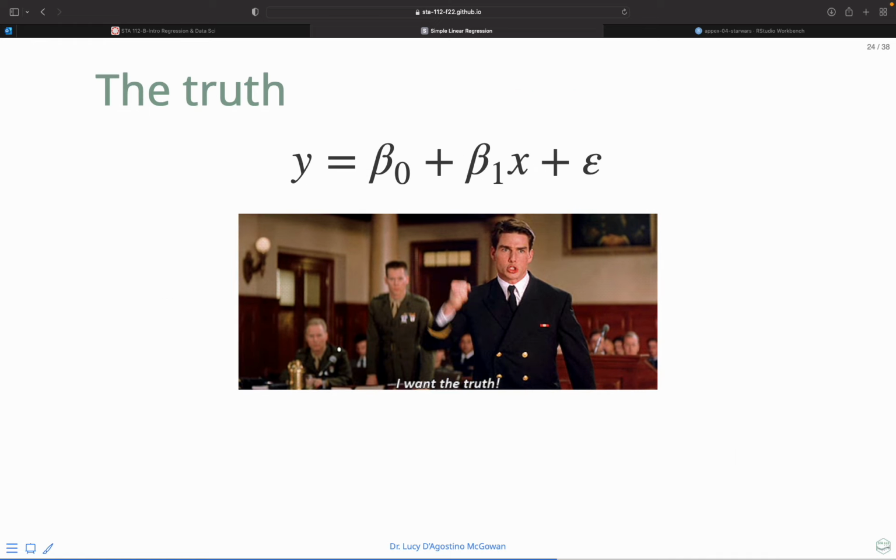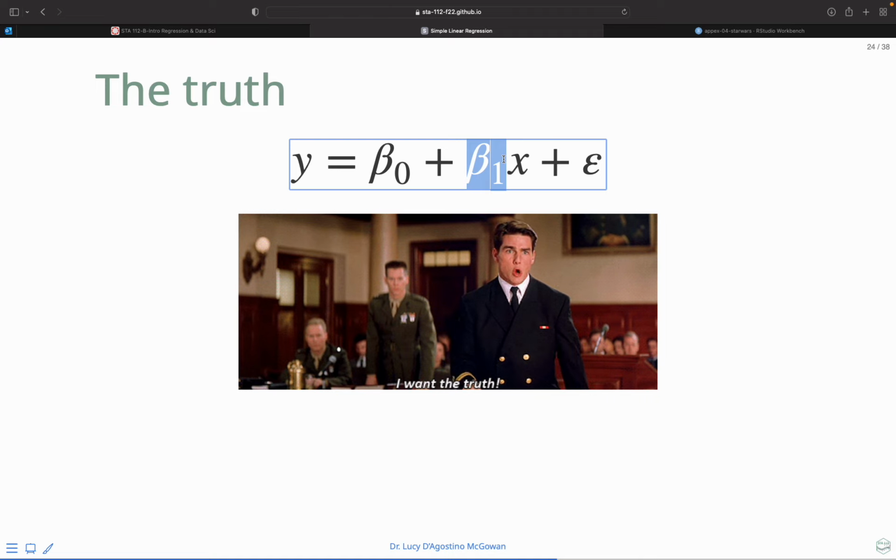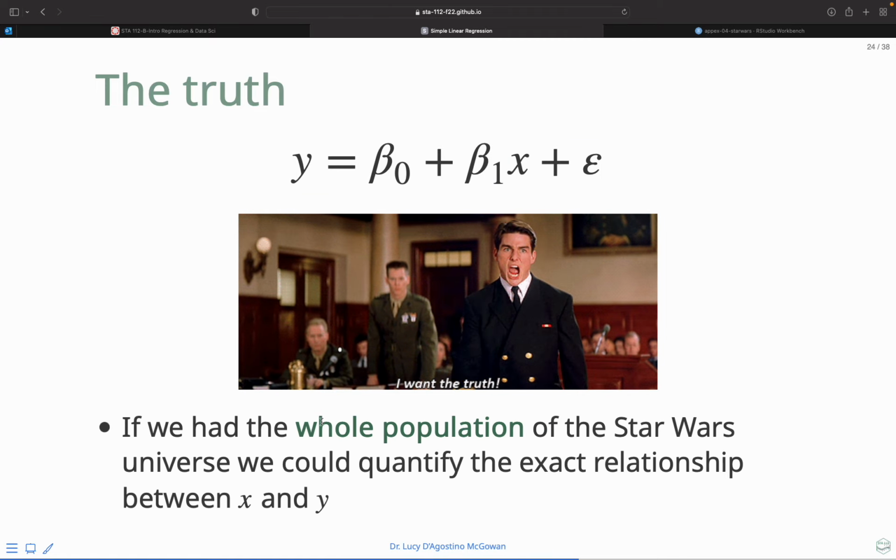Okay, so a little bit more on math notation. The truth or the true, when you're trying to estimate the true model, or when you're trying to discuss the true model, the thing that we're actually trying to estimate, it's going to be like this. It's y equals beta 0 plus beta 1 x plus epsilon. And so these betas are like the true betas in the full population. So if we had the whole population in the Star Wars universe, we could actually quantify the exact relationship between